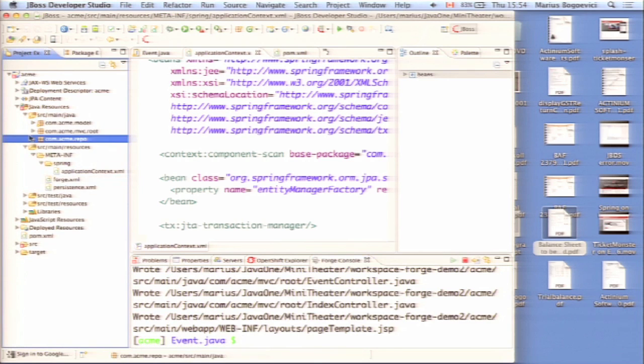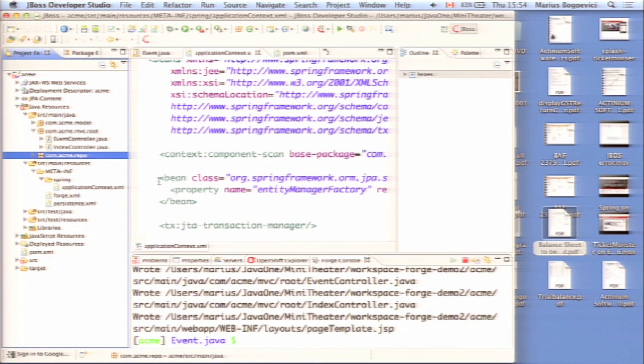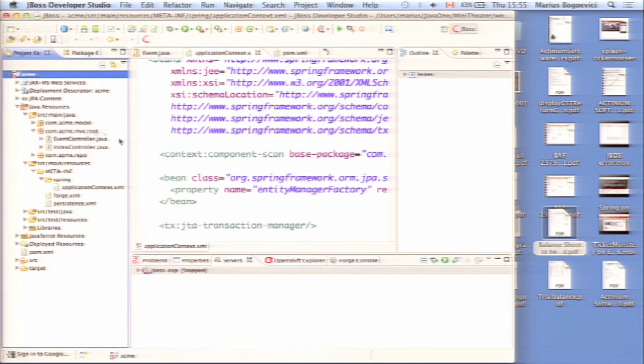And this basically generates the rest of the project. Right? So now,